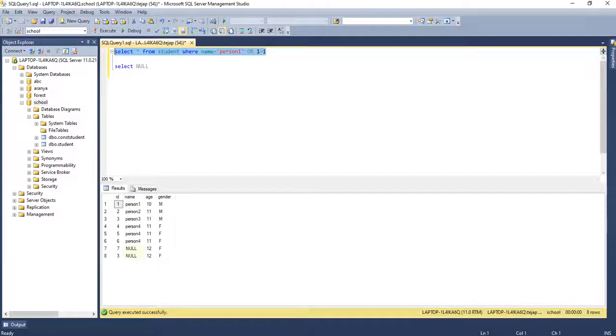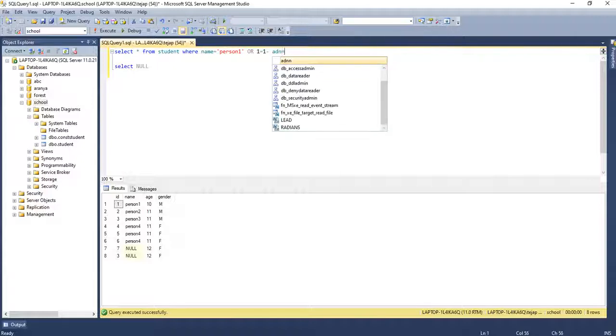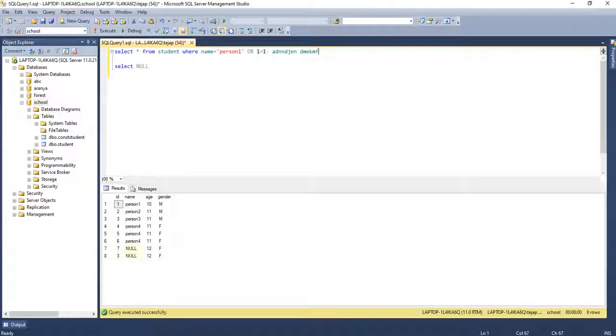So if I execute this, you can see I'm getting all the records. And one of the most important things to understand is the minus minus. So what is minus minus? Even if I add any number of other queries further in the statement, if I write minus minus, it means I'm commenting, so I don't consider whatever comes after it.